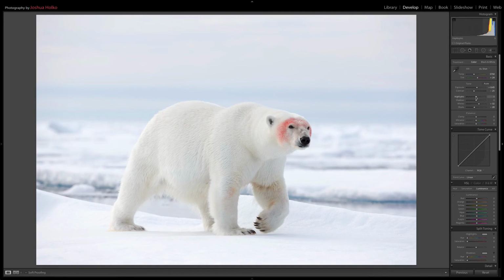So I'm just going to use my highlights tool and just drag that slider down. And as I do, I'll drag it all the way to -100. You'll be able to see how much more texture and tone we've picked up here in this ice and snow. So this is where it was at default. And as I drag it down, you can see the effect too up here in the histogram